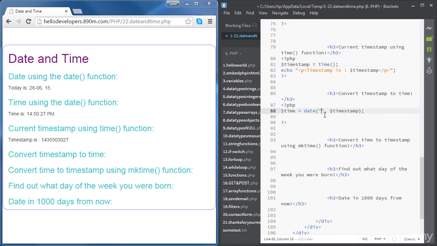So let's choose our format. Going to go for capital F, space, small d, and then capital Y, and then for the time let's have small h, small i, small s, and then capital A, for ante or post meridian. Now if I save and refresh,